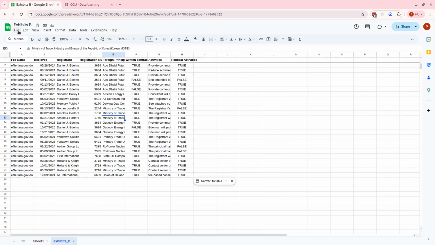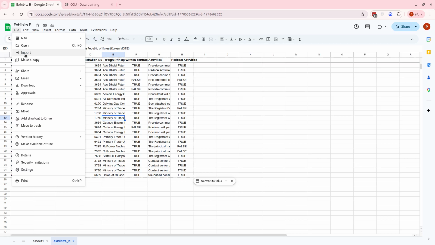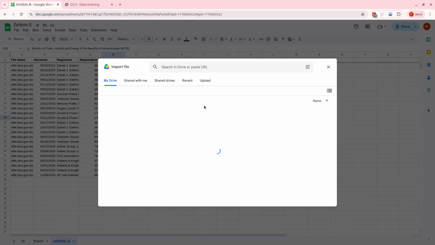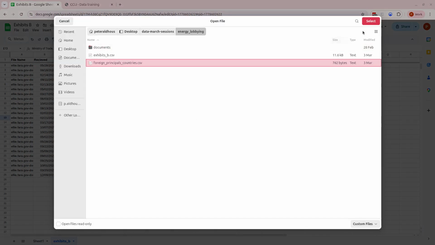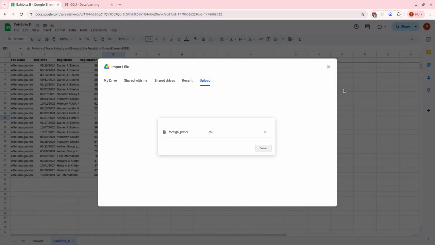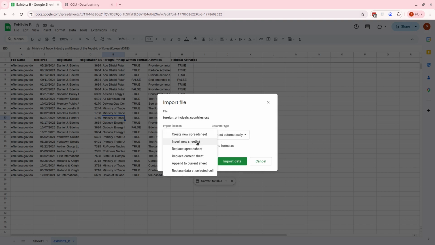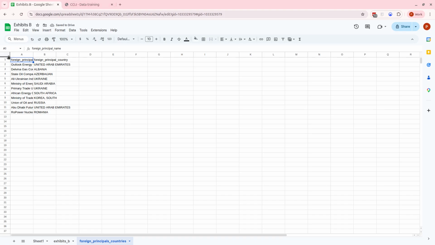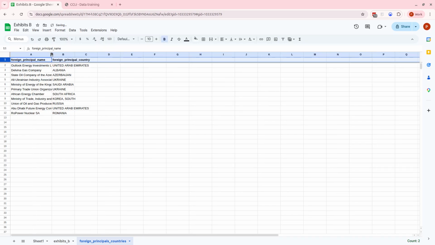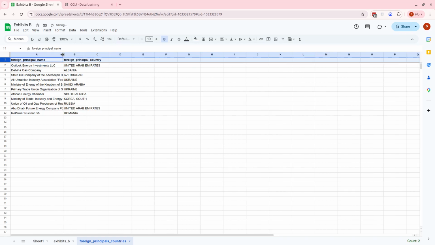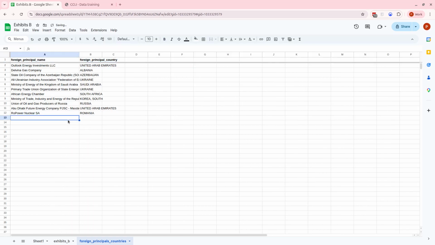Now the second sheet I want to join to it, I'm also going to import. And that is this CSV file, foreign principals countries. So let's again insert another new sheet, and there that is. So now we have the foreign principal names and the country of those foreign principals. Okay. All right. Now, if I want to join the two together,